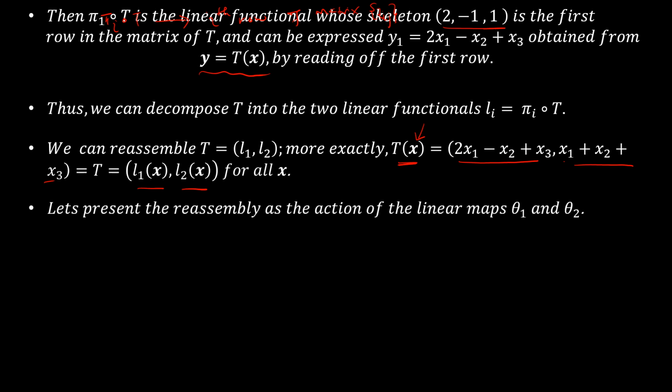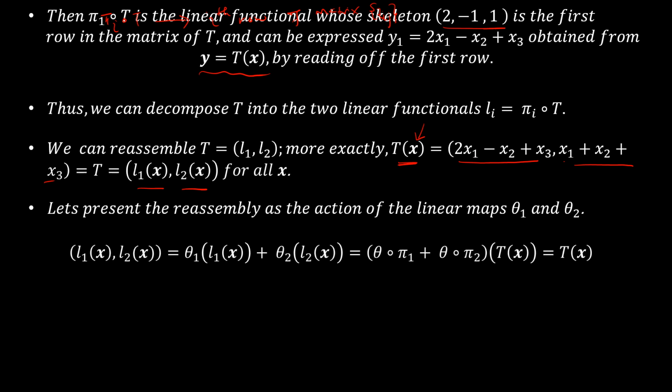Now we can present the reassembly as the action of linear maps theta 1 and theta 2. Remember, these are the injections that we talked about. L1x, L2x are considered to be theta 1 of L1x plus theta 2 of L2x,